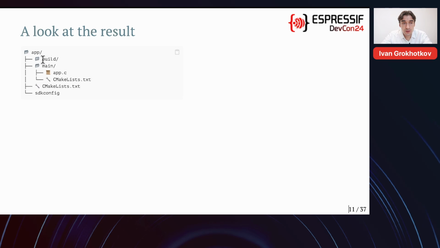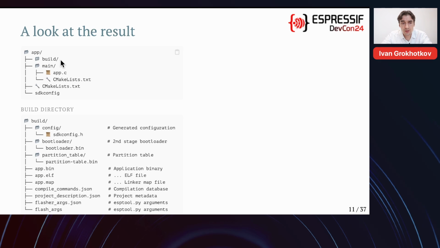We see that 2 new files have been created. There is an sdkconfig file and there is a build directory. Inside the build directory, there are many files, but the important ones I listed here. There is a config subdirectory with the sdkconfig.h. If you have already written an application, you will know that sdkconfig.h is where C code can take compile-time configurations from. There is a bootloader directory and the partition table; all those things get flashed onto the chip